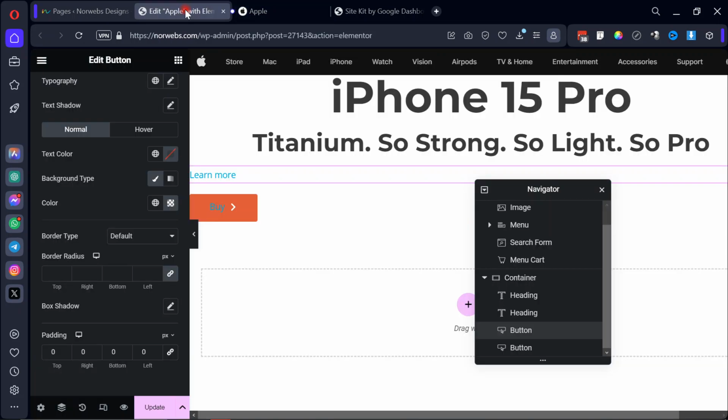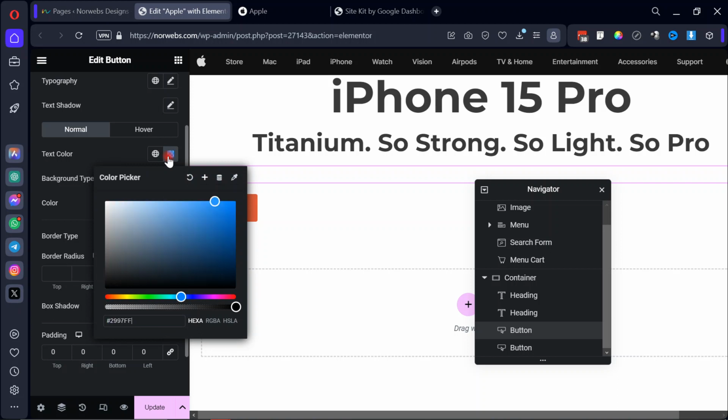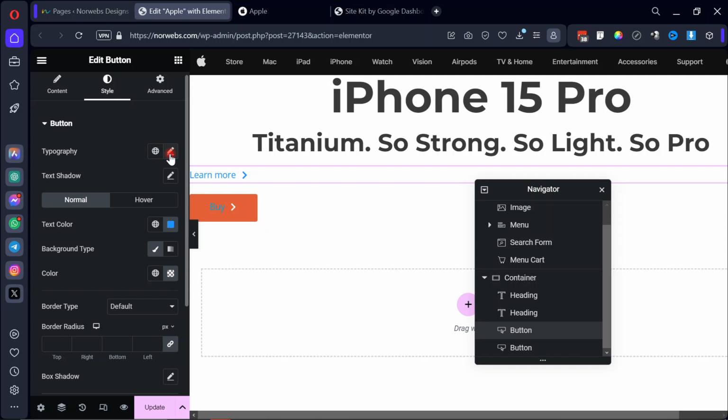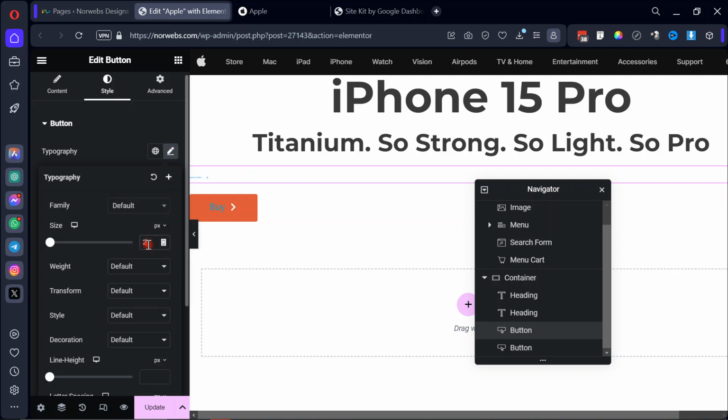Alright, so the color, pasting it there, then the size 21, and we are using Inter. Remember, we are using Inter. Okay,